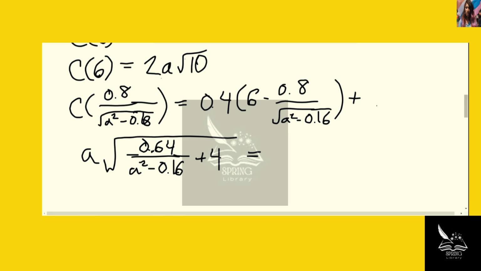This is equal to 0.4 times 6, which is 2.4, minus 0.4 times 0.8, which is 0.32,